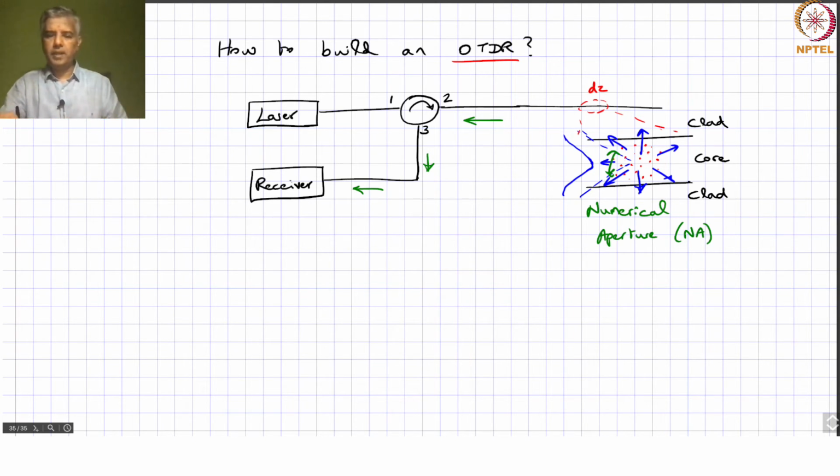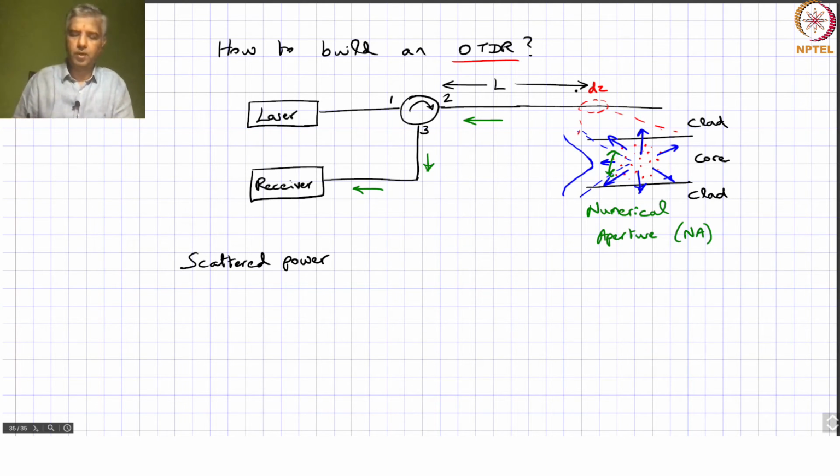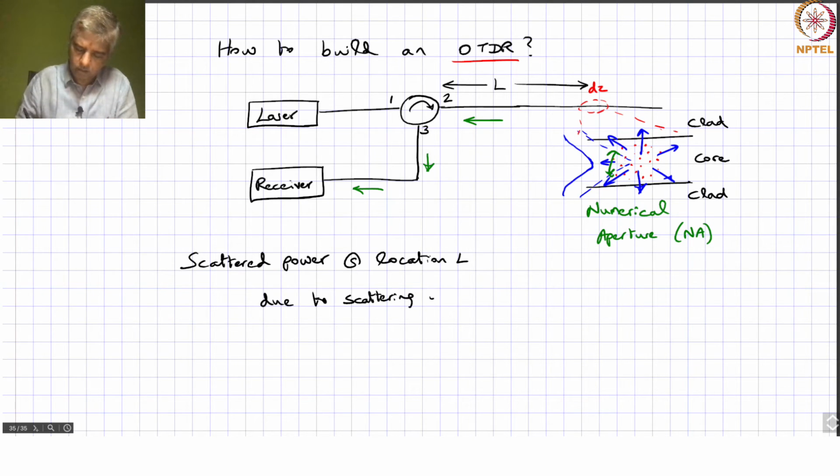If we look at that, we will say that the scattered power at a location L, so let's say this distance from your source corresponds to L, the scattered power at location L due to scattering over a distance dz,